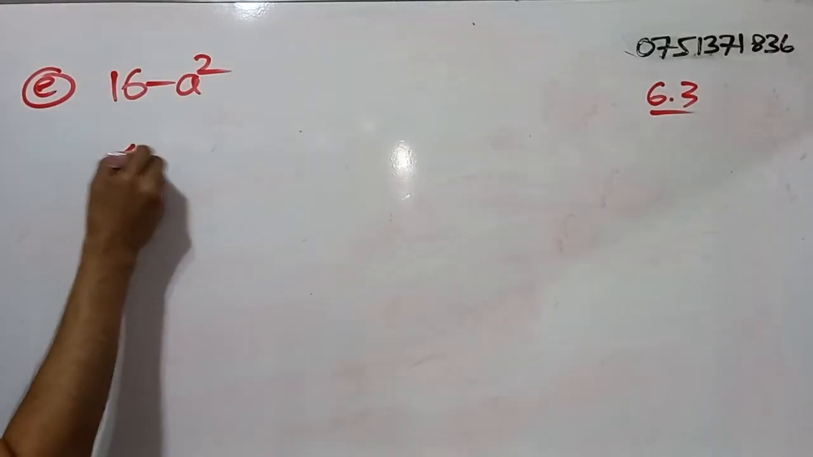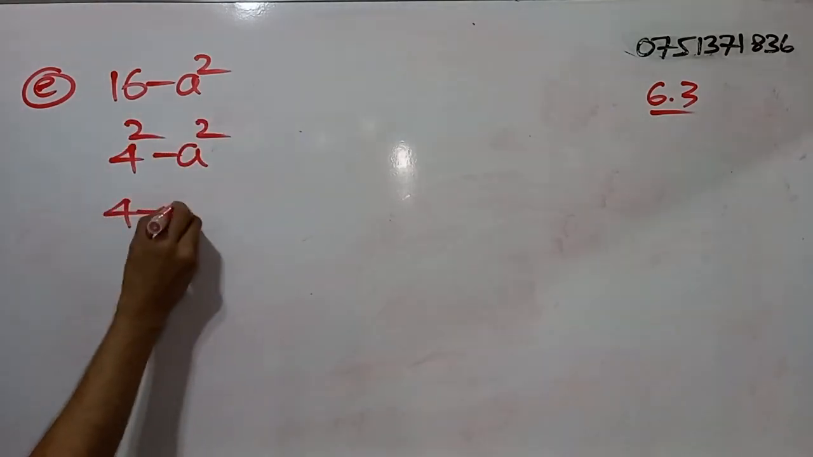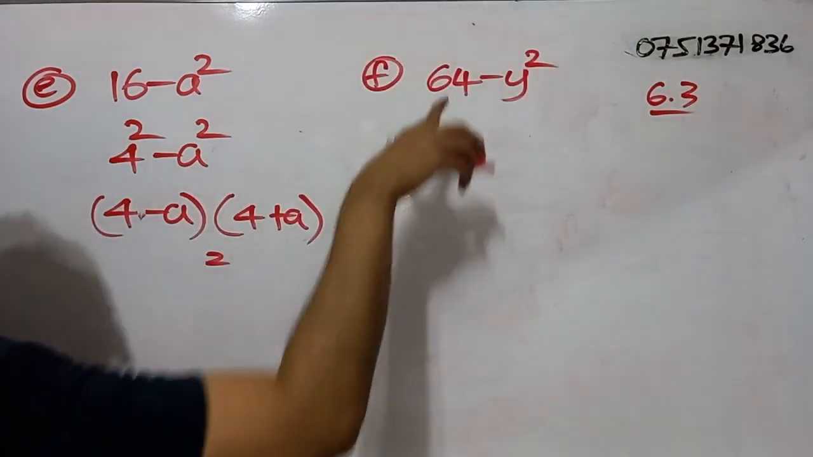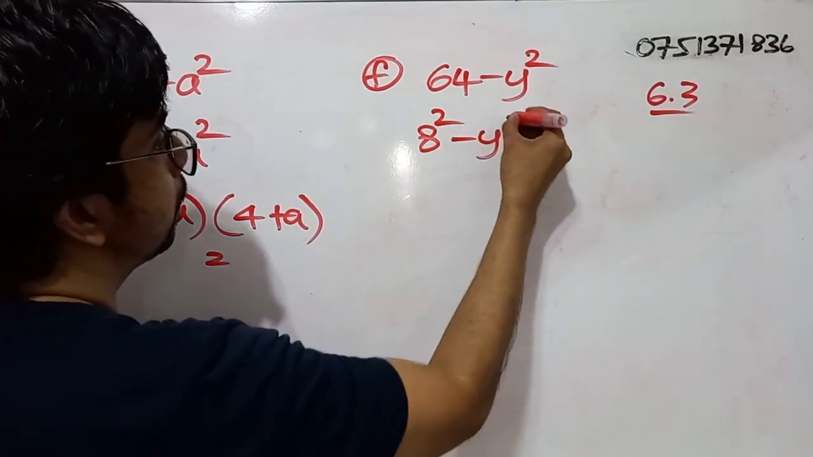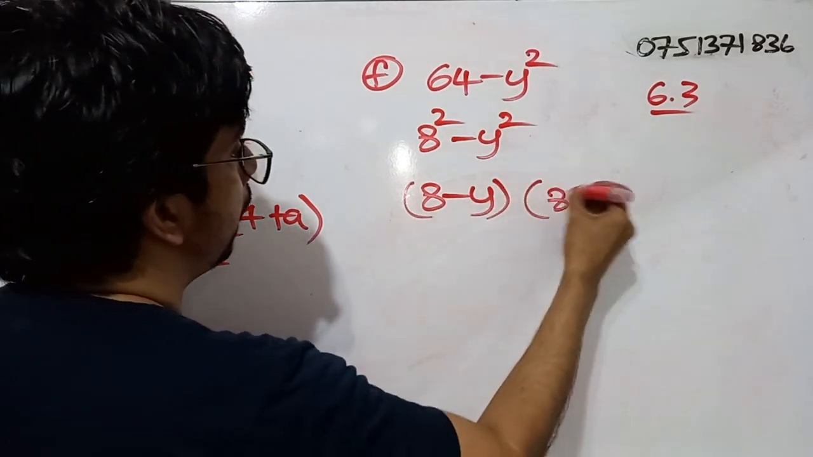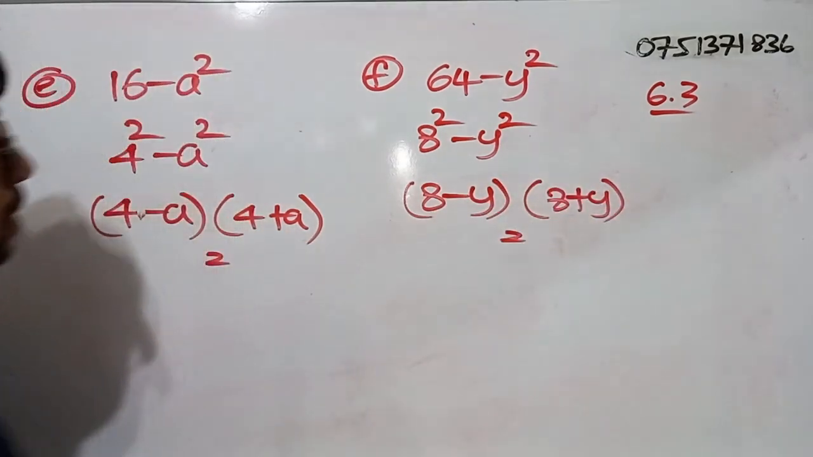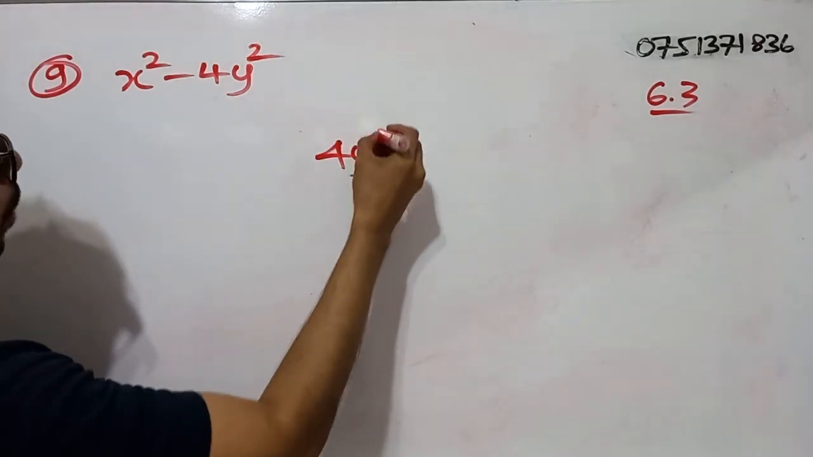So 16 we can rewrite as what? 4 squared minus A squared. So that means 4 minus A. So 64 we can rewrite that as what? 8 squared minus Y squared. So that means 8 minus Y and 8 plus Y. That's the answer. So here, when we talk about 4y squared,